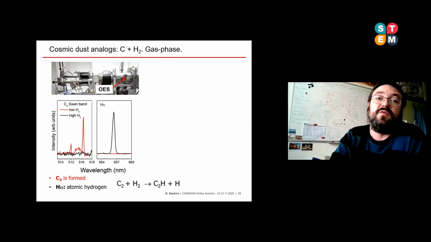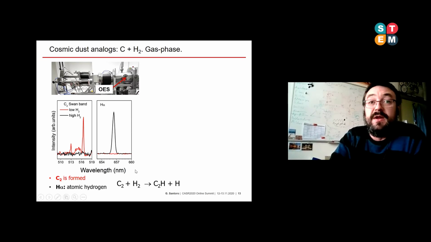However, when we injected more hydrogen into the system, the C2 band, so the diatomic carbon, completely vanishes, and we start to see the emission of atomic hydrogen. And this gives us the clue that the main chemical process is this one, so the formation of the C2H